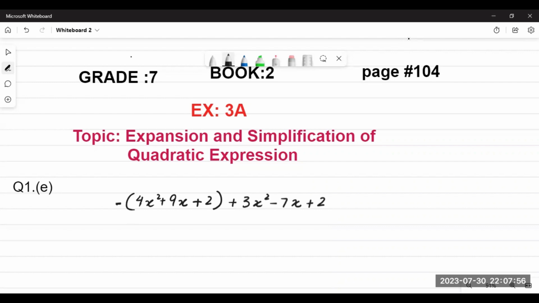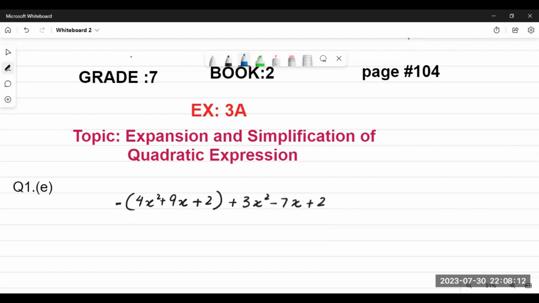This is chapter 3, exercise number 3A. And the topic of this exercise is expansion and simplification of quadratic expression. We have already done question number 1A, and question number 1E part is, when we are solving